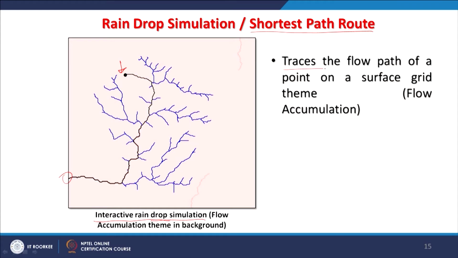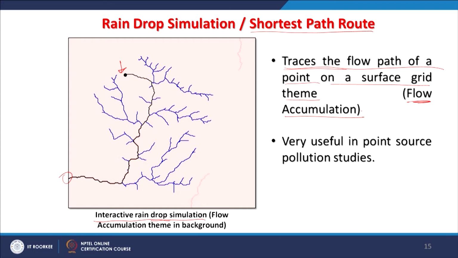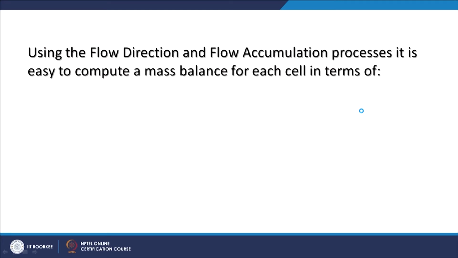So, the traces, which is basically raindrop simulation, are the traces of the flow path of a point on a surface grid theme, and the input is flow accumulation. As I have already mentioned, this is very useful for point source pollution studies. So, employing two themes together, flow direction and flow accumulation processes, it is easy to compute a mass balance of